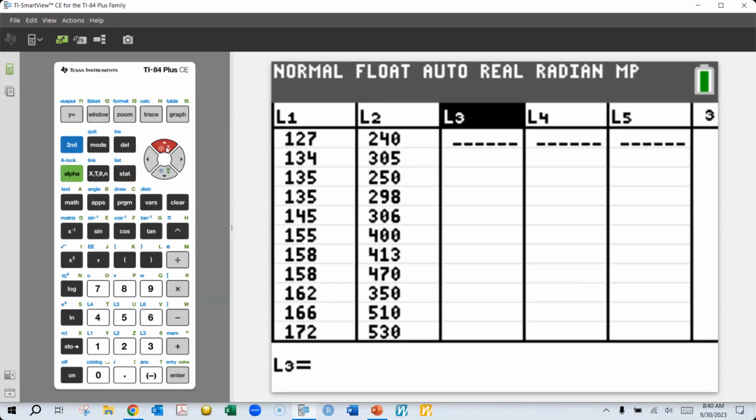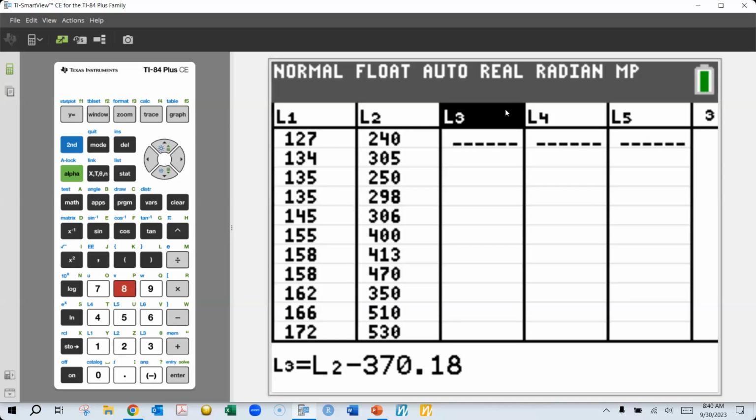So what we have in list 3, I want you to go to the heading of list 3, not the first entry spot. Man, this happens every time with kids. You tell them, go to the heading, go to the heading, go to the heading, and they still don't do it. Make sure L3 is highlighted. And what we're going to do is L2, which is our actual masses, minus 370.18. So in the heading of L3,